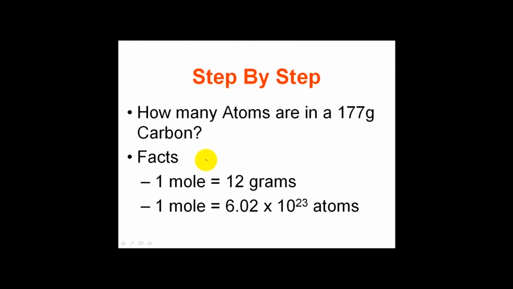We're going to take this step by step, as we've done in the past with dimensional analysis. This is the point in the lesson where we apply dimensional analysis to chemistry quantity problems, or chemistry conversion problems, okay? In this case, I want to find out how many atoms are in 177 grams of carbon. So I'm going to make a conversion here. I'm giving you 177 grams of carbon, and you need to use dimensional analysis to calculate how many atoms of